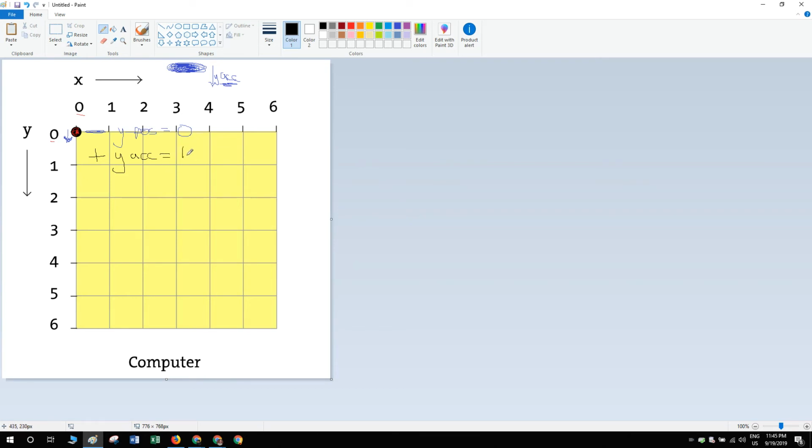I'm just making that number up. If we add those two things together, we're going to get this value, and this will be the new position. So the ball is going to move from here to that new position down there